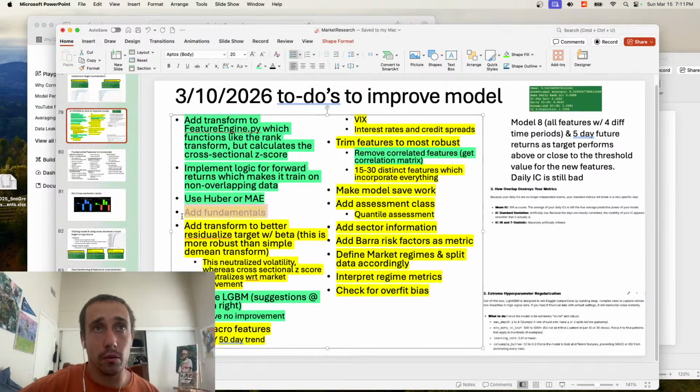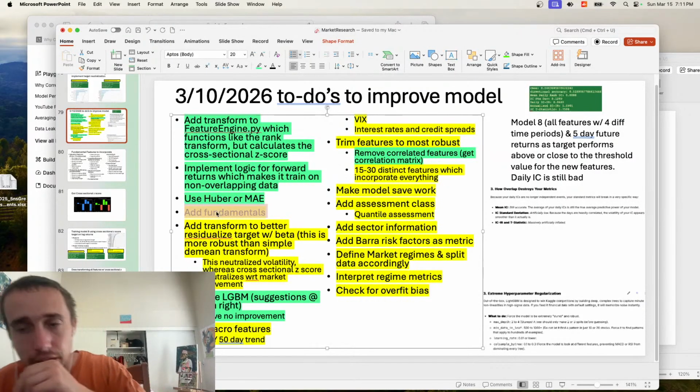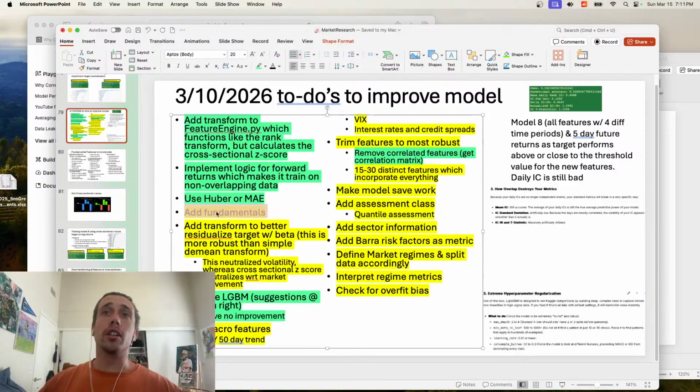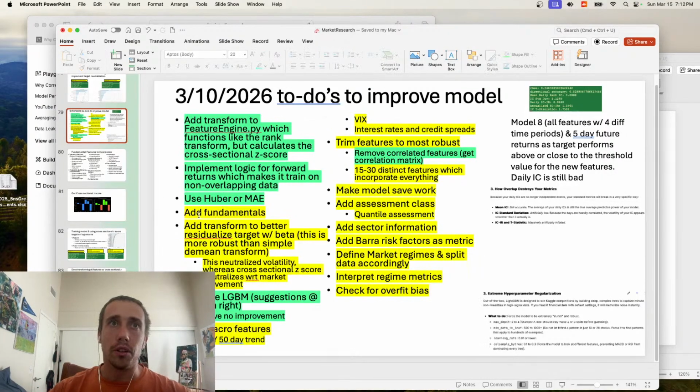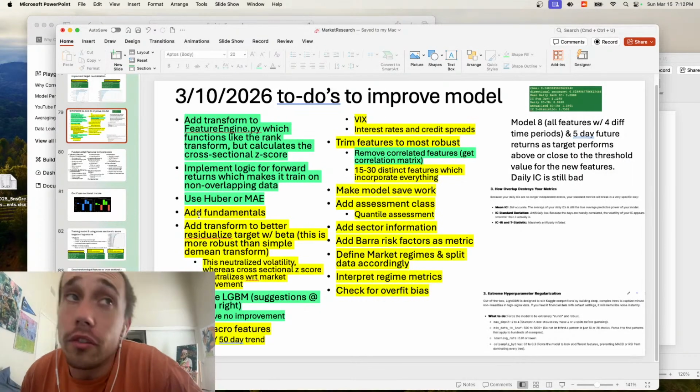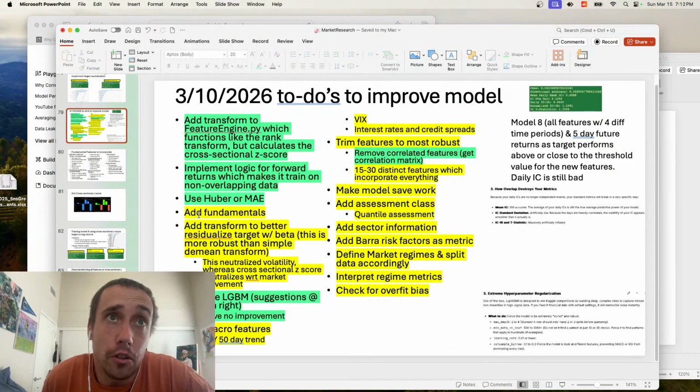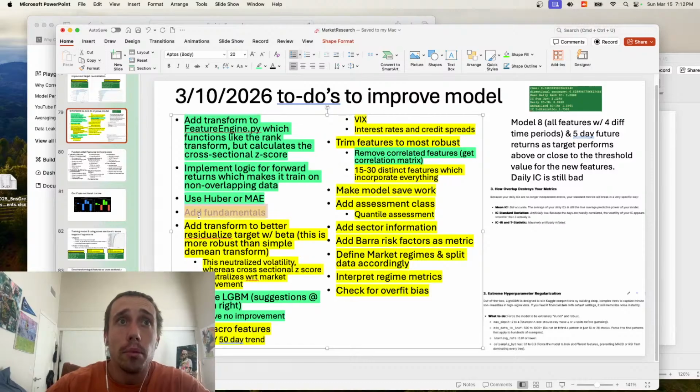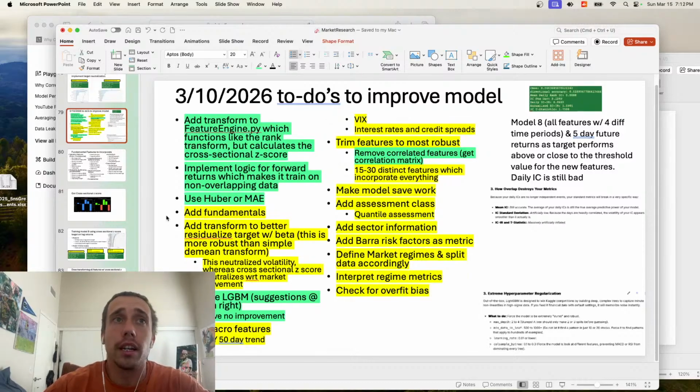The next thing I'm working on right now is adding fundamentals, which is also going to add fundamental features. This is going to be the bulk of the work that I'm going to be doing right now. Adding the fundamental features is really going to take quite a bit. Like I said, it took me all of February to reorganize the code base into something usable, and most of that time was spent on incorporating features.